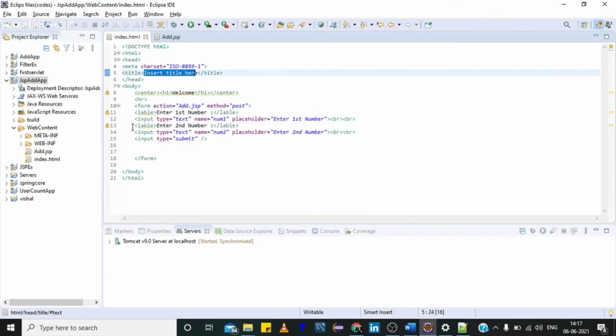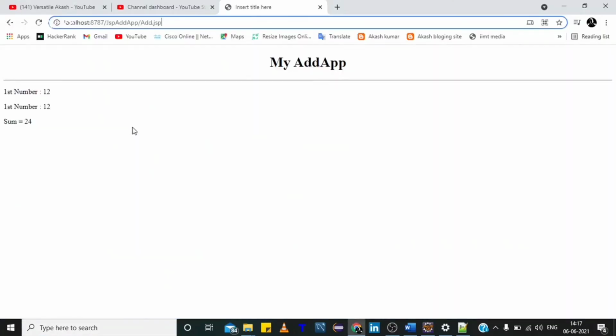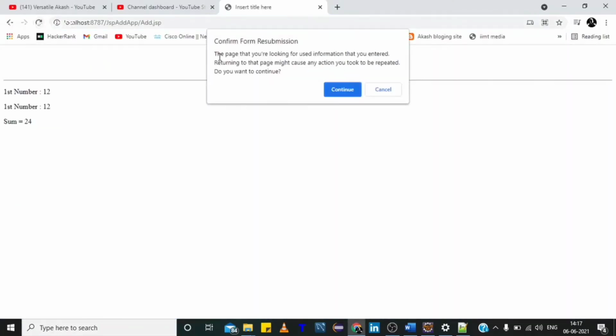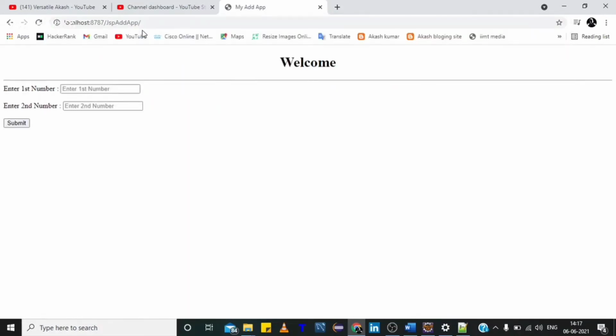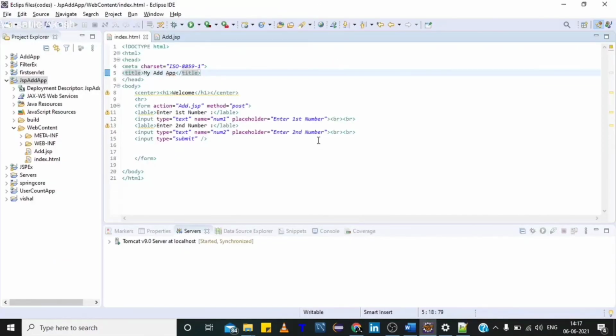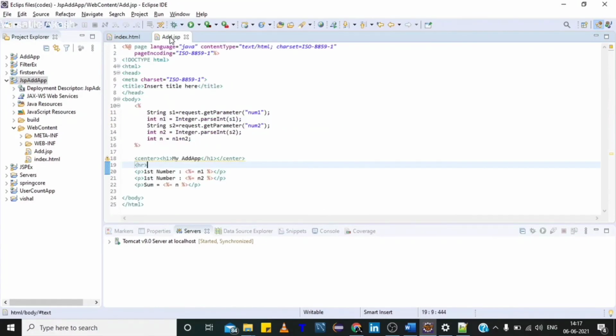We give the title for our home page, add app, and go to your project and refresh, not your home page. So as you can see, my add app title has come. Enter the values and look, it works. So that's all. This is our JSP file.